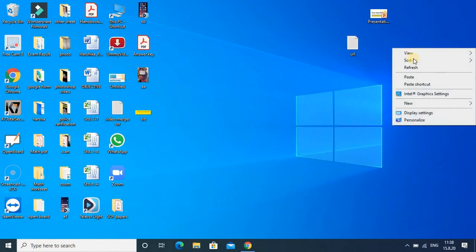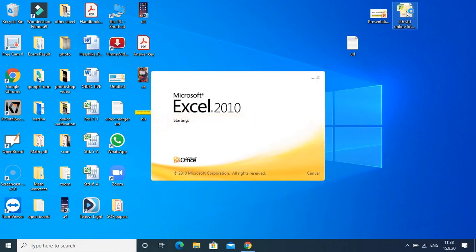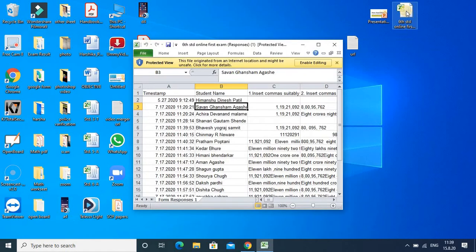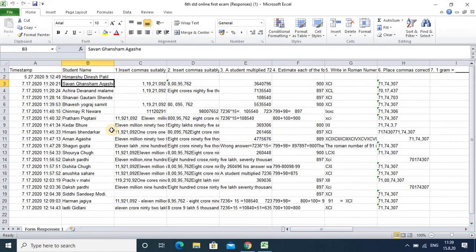Suppose I paste this on the desktop, and then you simply open that file and you can start checking your paper. You just click enable editing, then maximize the file. Here you will get the information of time, student name and the questions.